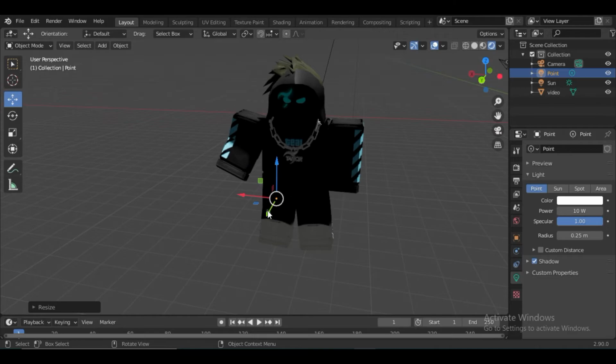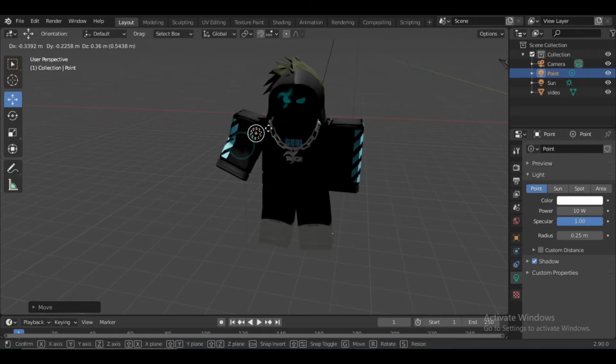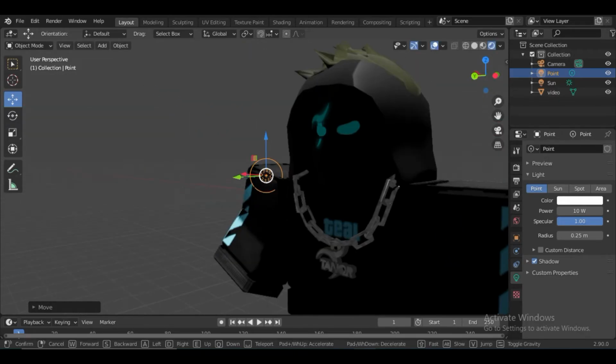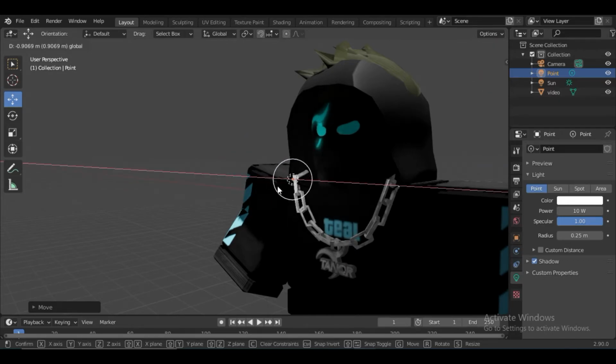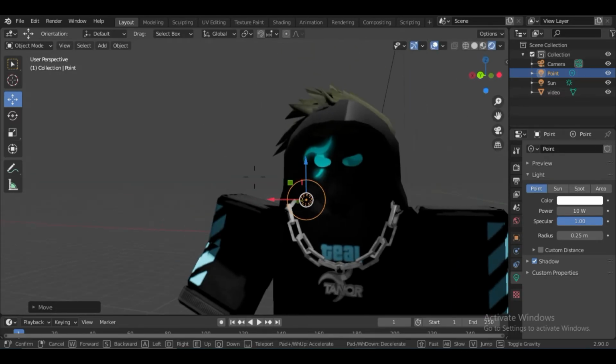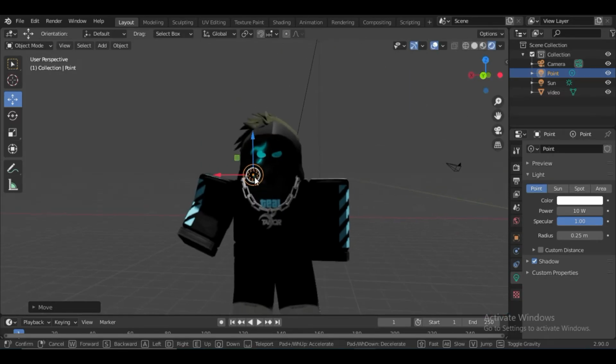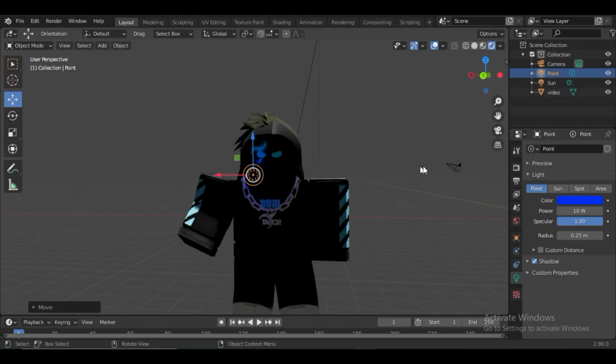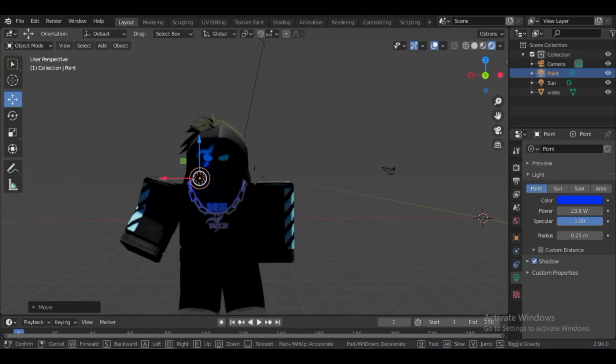It will take you a little time to understand how things move in Blender, so you can take your time and do this. Okay, so now once your light is with your avatar, I'm gonna position it near his face, and now I'm gonna add a little blue highlight because there's a blue thing on his face. So I'm gonna change the color to blue. Yeah, makes it look a little chill. Yeah, that's cool.